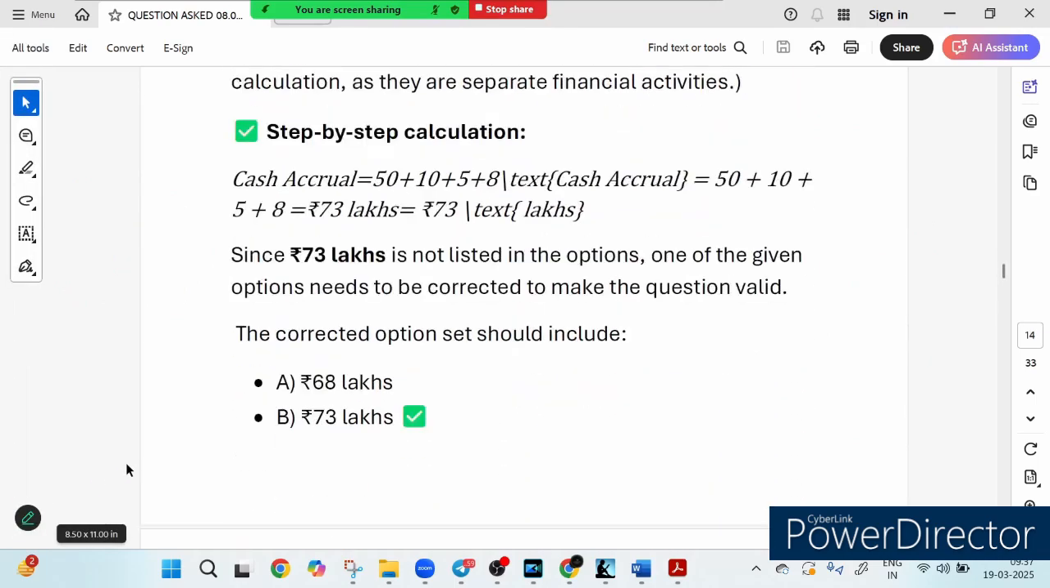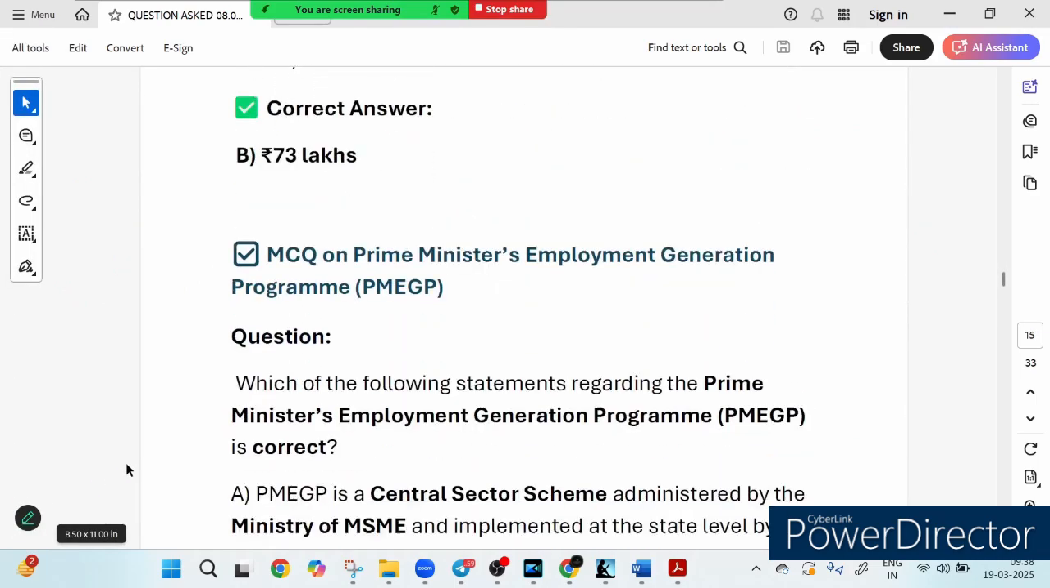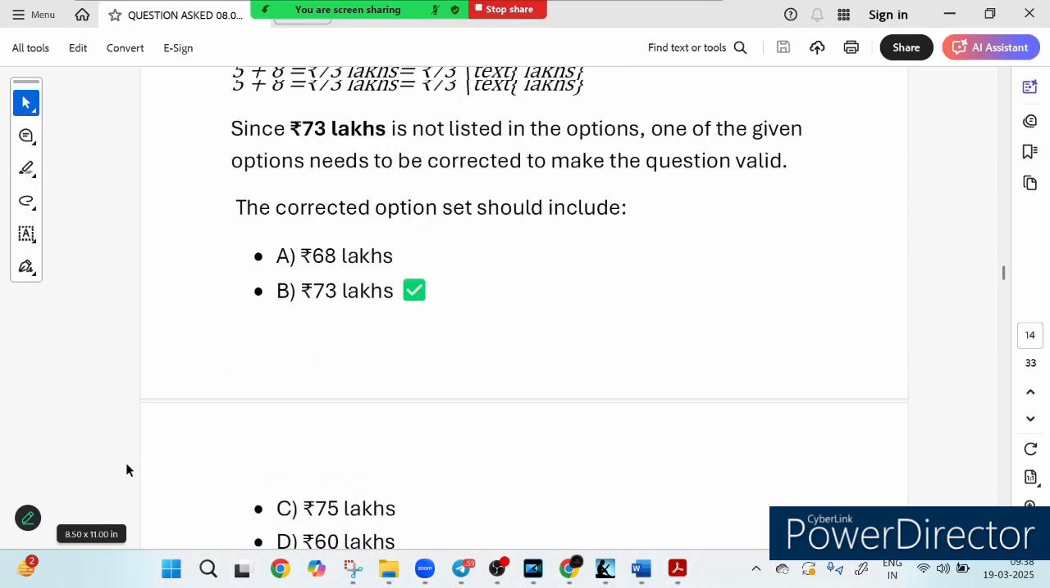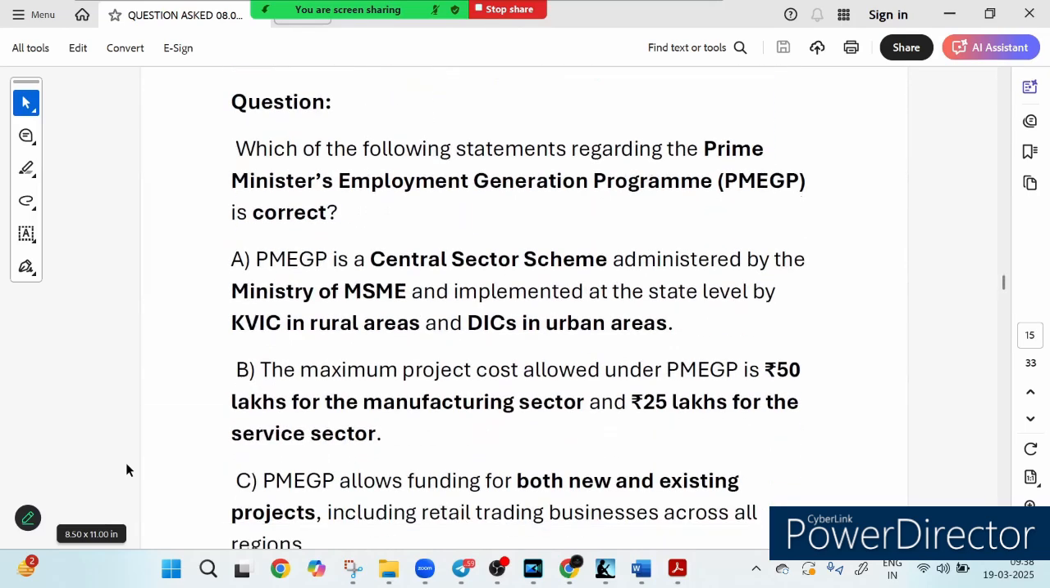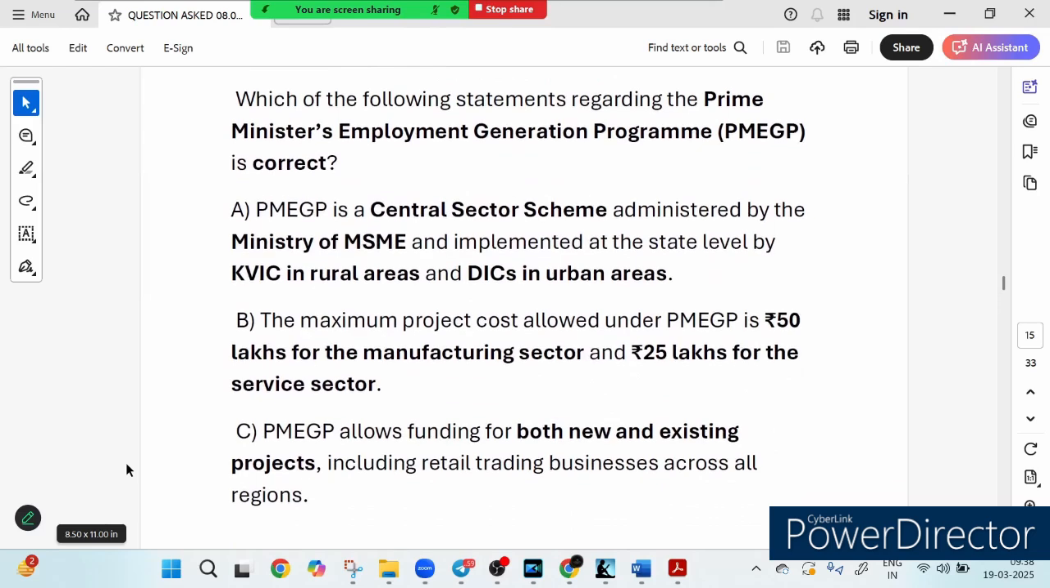Now let's see the next question. The next question is on PMEGP, the Prime Minister Employment Generation Program, a very important concept. So friends, let's talk about this concept. Which of the following statements regarding PMEGP is correct? Option A says that it is a central sector scheme